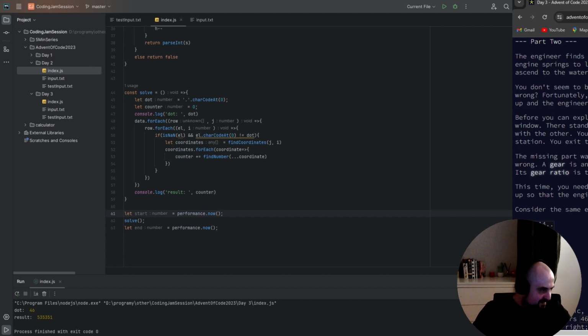Sweet. Just to sum up, because it was easy. So we find symbols. For every symbol, we find coordinates around it. And out of those coordinates, we're simply creating the numbers by concatenating the digits. So we keep them in a string version, concatenate, parse to integer. And then all those numbers we're simply summing up. Considering as well that if we use the digits, then we're turning them into the dot, so that we're not gonna use the same number twice. Like in here, both those coordinates contain digits, so otherwise we would have used it twice. But since we're turning the digits to a dot after we use it,